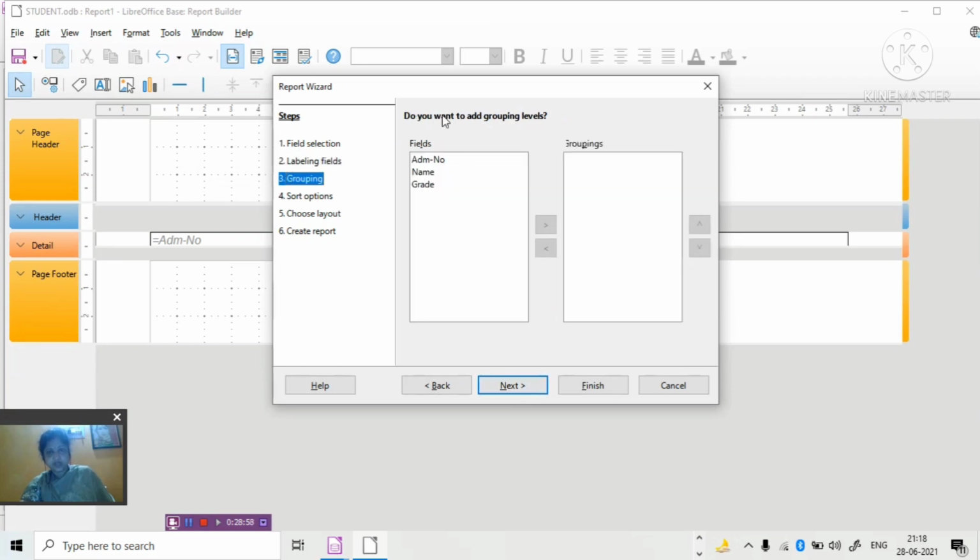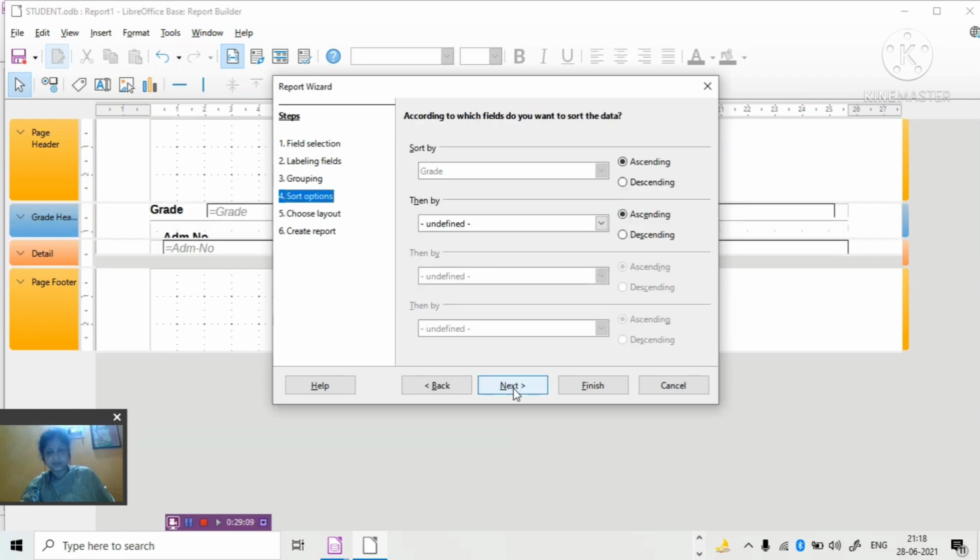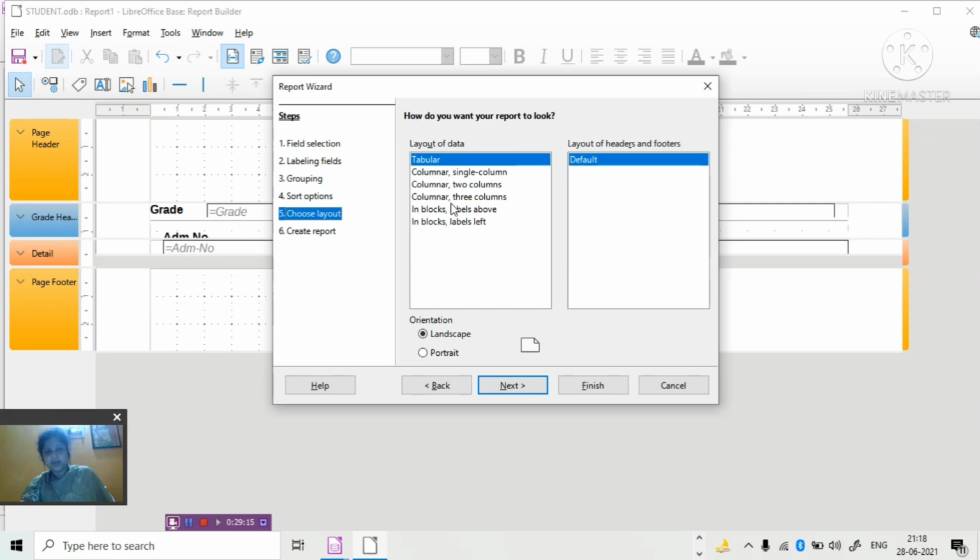Here it is, do you want to add grouping levels? I will make grouping on grade. Click on next. Sort by in ascending order. Then next. Here, different layouts are there. You want to see the data in tabular form, in a single column, or two columns. Let us first see the data in tabular form.